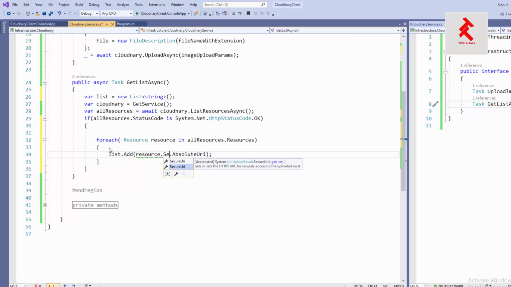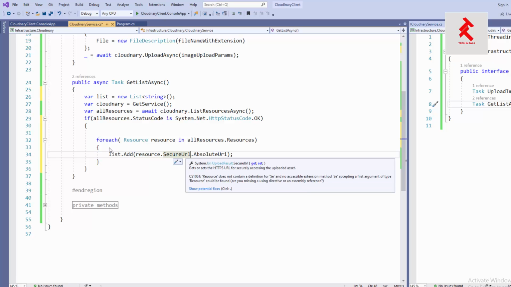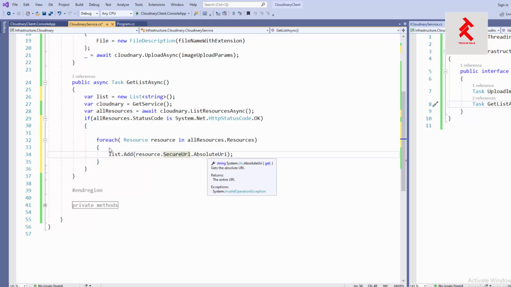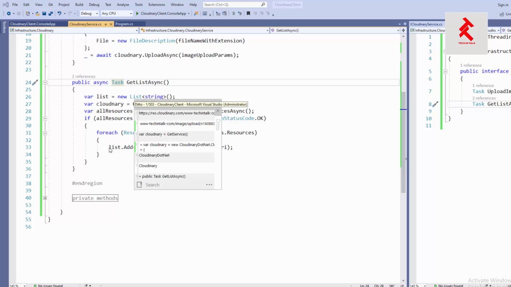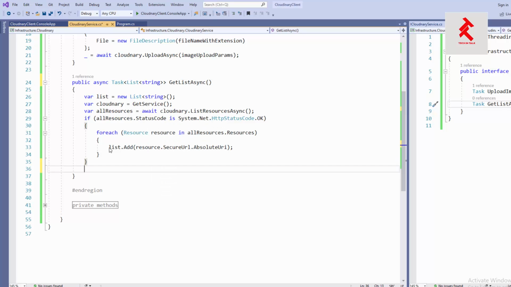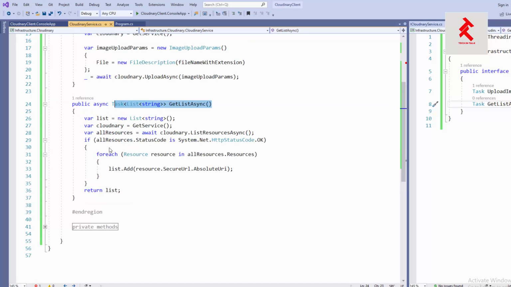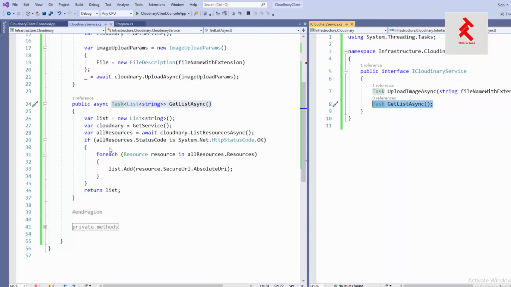Okay, secure URL, which is a URI as well, and we can access that, right? All right, and at the end we are going to return this list like this, right? And yeah, we can update the definition here as well. Right,